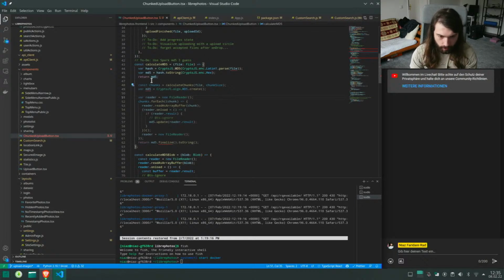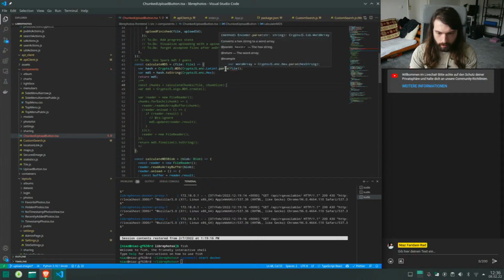Okay, so I also don't want to use that anymore. Pass. And it still wants a string, so